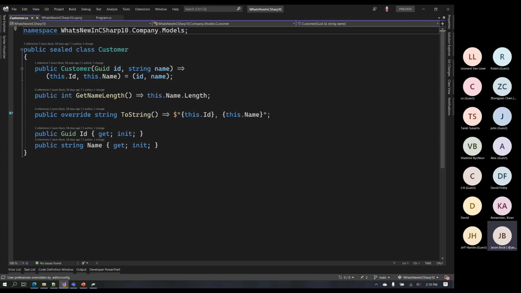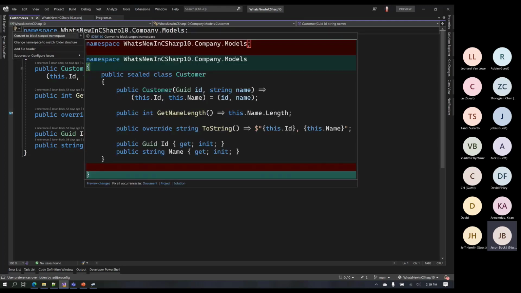One thing to note is if I do Control period to bring up some refactorings, it will say that if I did go into this new world and I don't like it, I can change it to block scoped namespaces. And with a lot of refactorings and code fixes, you'll see down here I could do it across the entire solution. In some cases, the refactoring within Visual Studio will give you that option to basically do a smart find and replace. In this case, it would put everything back to the old way of doing namespaces.